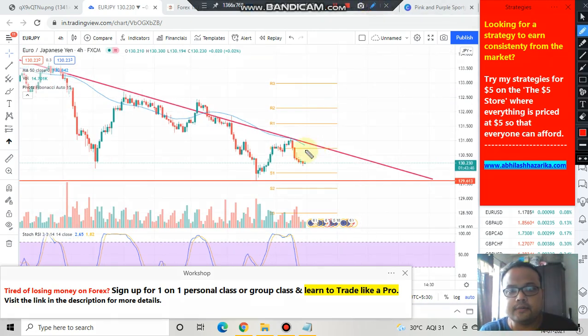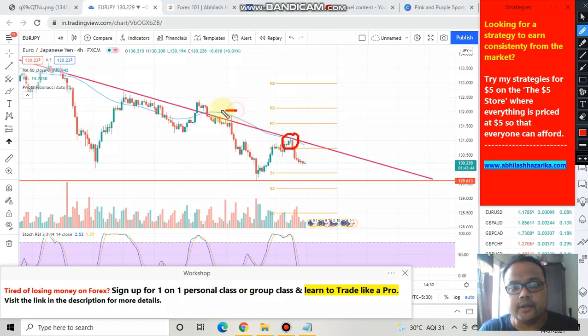Apart from the trend line, we also have this 50 moving average, because you can see that here apart from the trend line we also have the 50 moving average. Here also we had the 50 moving average, so we can also add the 50 moving average as well as draw this trend line which is acting as a resistance for the market and wait for the perfect opportunity to short the market.